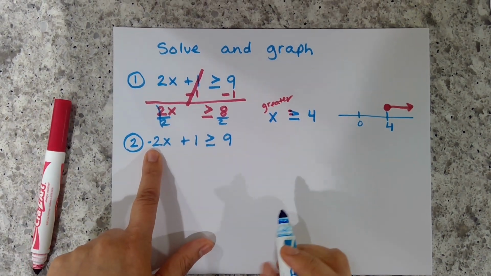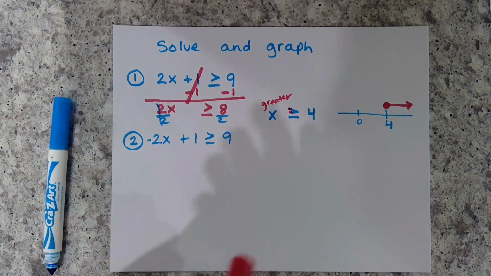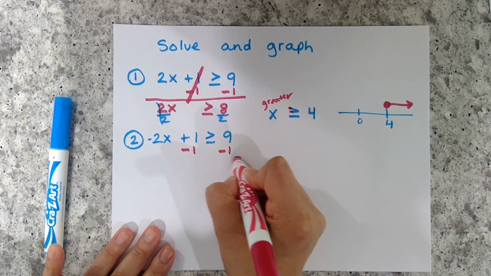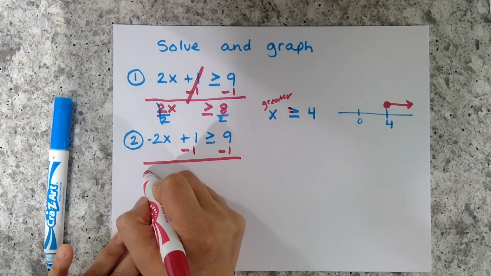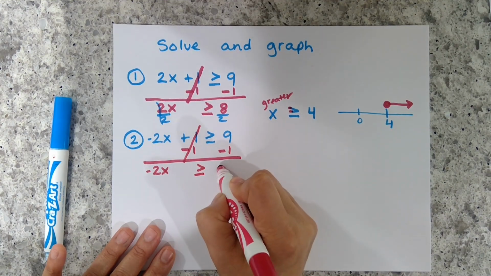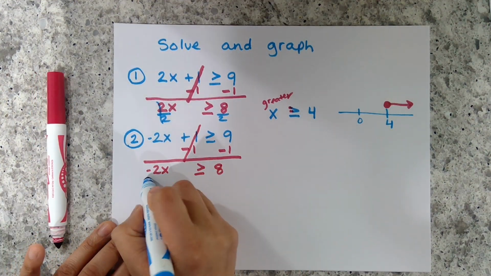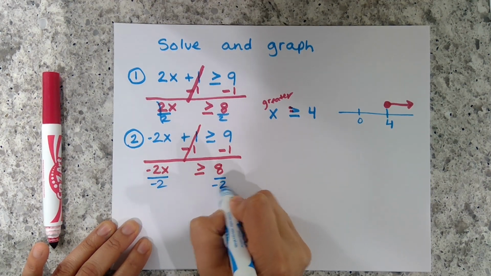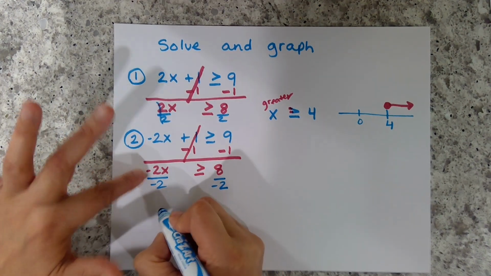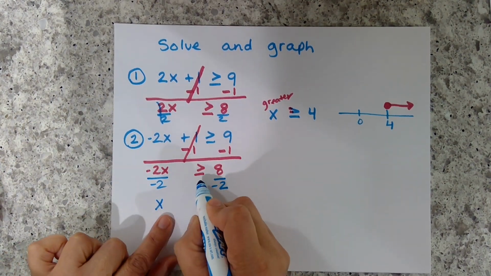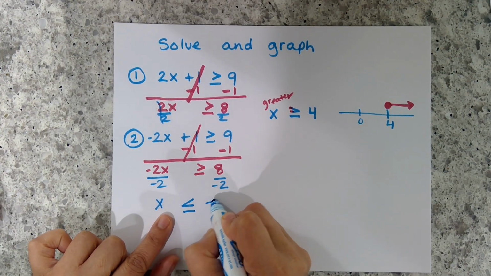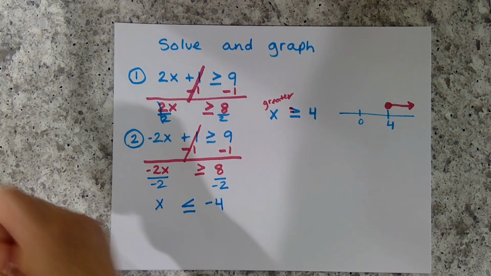This one is new. So you're going to solve it the exact same way. It looks the same, but there's one new rule that you guys are going to learn. So we go ahead and solve it. So subtract 1, and you get -2x. Bring down your sign. 9 minus 1 is 8. Divide by -2. Okay, this step is new. The rule says -2 divided by -2 is x. We reverse the symbol. And 8 divided by -2 is -4. So rule says